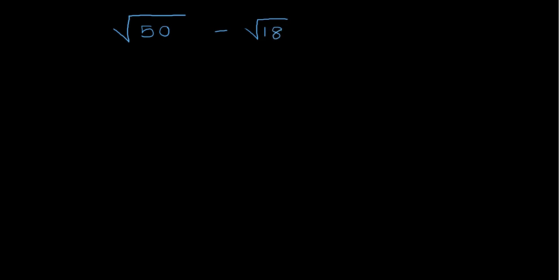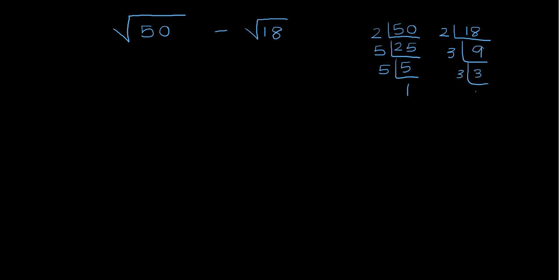So same thing like last time, we start off with the ladders. So we have 50, 2 goes into 50 25 times, then 5 goes into 25 5 times, 5 goes into 5 once. And we've already done square root 18, but just for practice again, we have 2 9 3